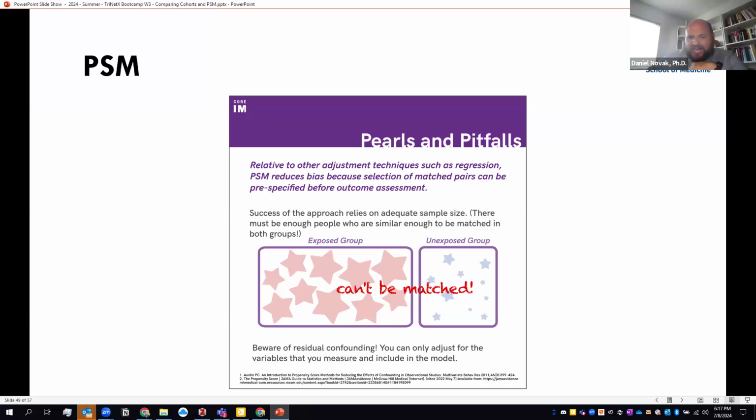What I mean by that is, since it's a one-to-one match, if you have 20 million people in one cohort and 150,000 people in another cohort, TriNetX is going to pick the smaller group, in this case 150,000 people. It'll pick 150,000 from the 20 million people and match them up one-to-one until it's created a cohort. So you lose 19,850,000 people from cohort 1 in order to get your propensity score matching, because it has to be done one-to-one. So that can be bad, but